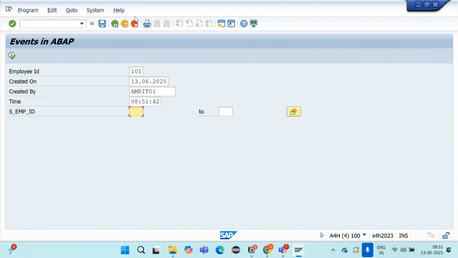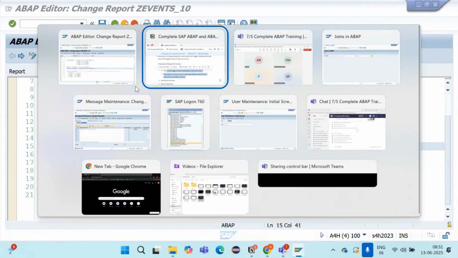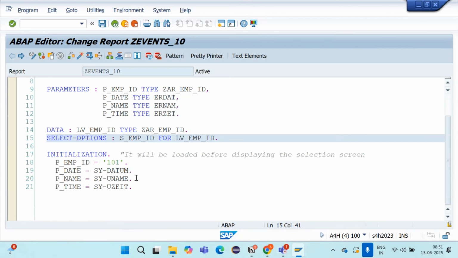Now how will we pass the value here? Vaishnavi, I want you to explain this. What do you think?